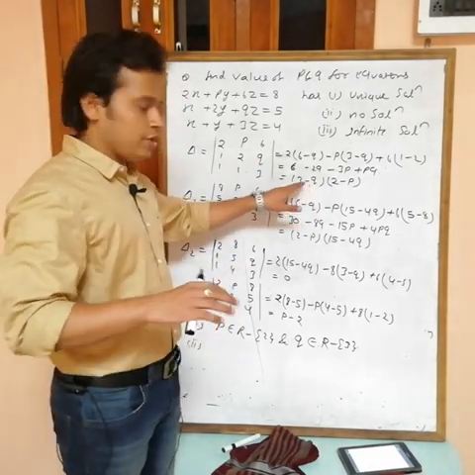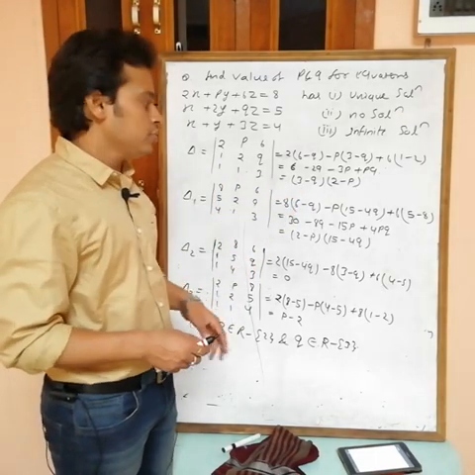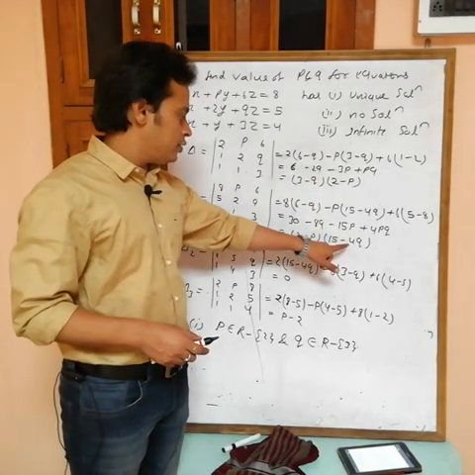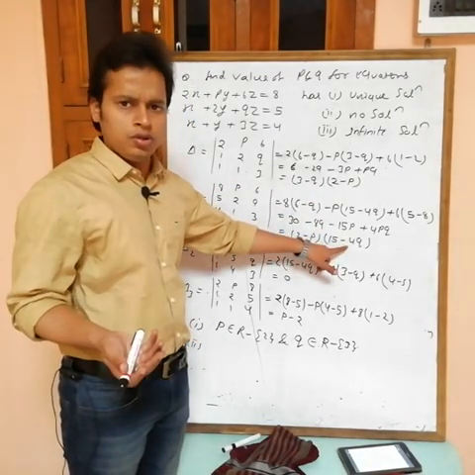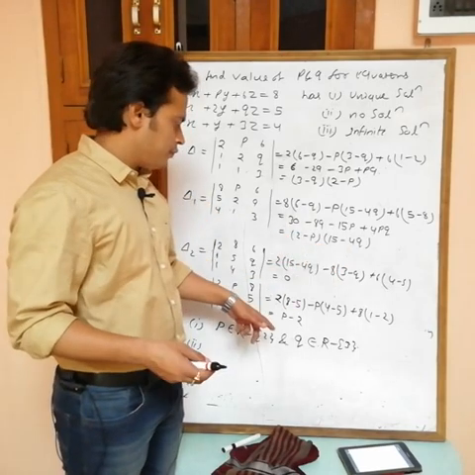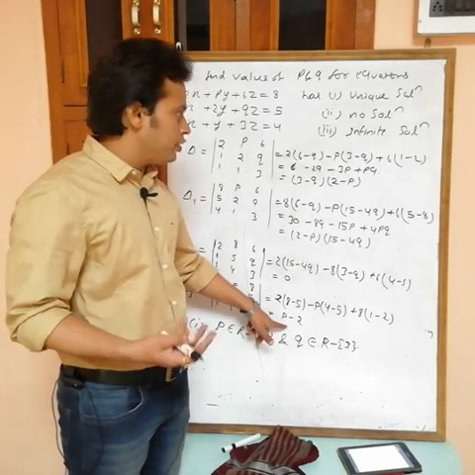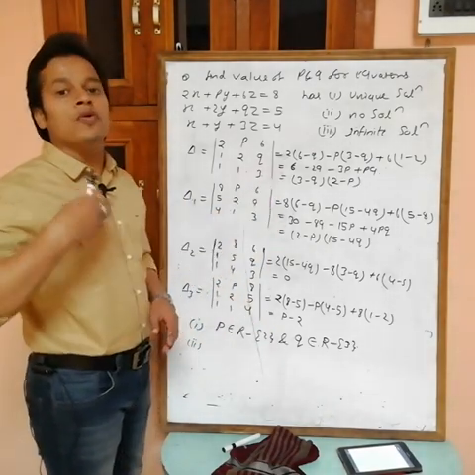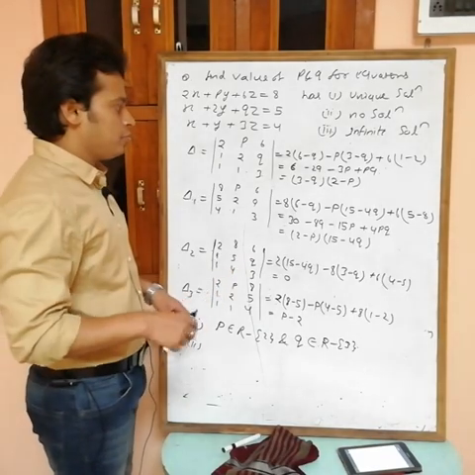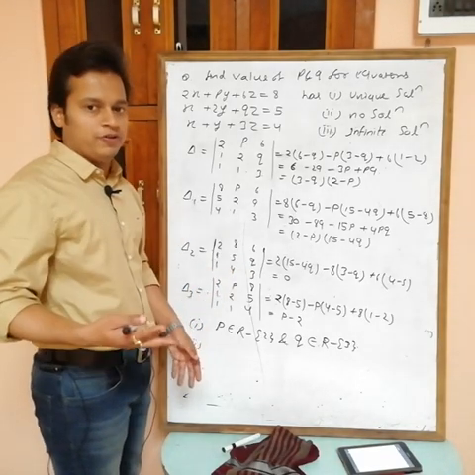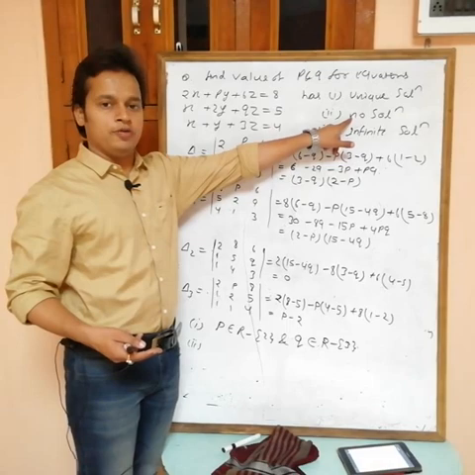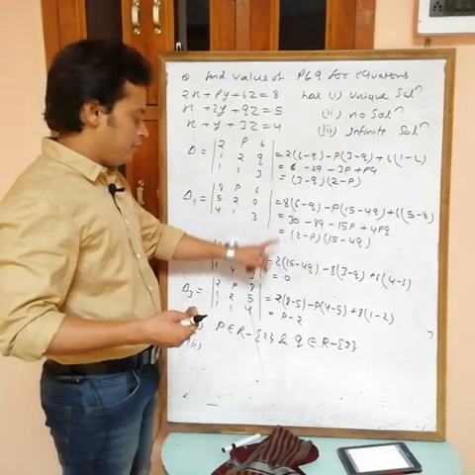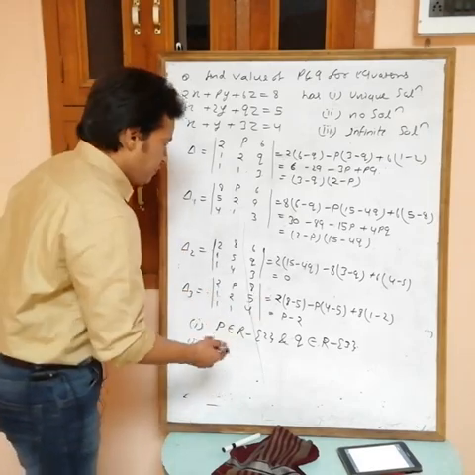If you take q equal to 3, because del must be 0 for no solution. Okay, so if I take q equal to 3, then this one is non-zero, then okay, now this also does not depend on q. Okay, so simple. So take q equal to 3, but p not equal to 2. We can't take p equal to 2. If you are taking p equal to 2, then all become 0, then we have infinite solutions. But here we want values of p and q for no solution. Okay, so only del must be 0, but out of del 1, del 2, del 3, one must be non-zero. Okay, so